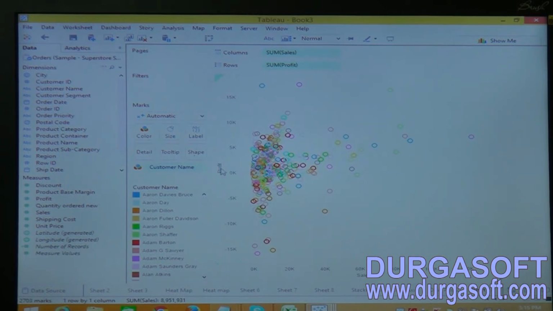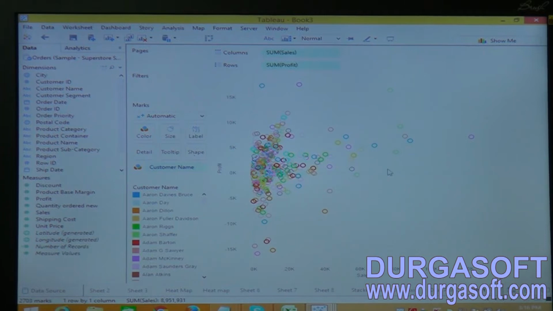That means profit is divided into negative and positive. Zero is the scale, above it is positive, below it is negative. That means you can understand how many customers, and in which segment and which area, there has been very little for the business. So this is the way to understand by using dimensions on the color.